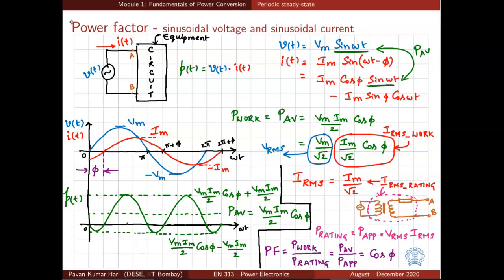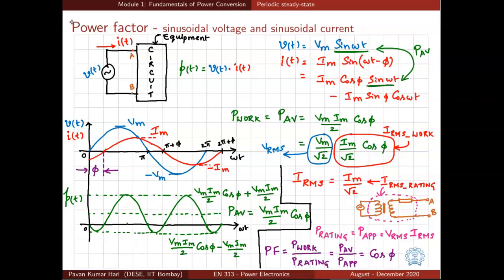And what is the total RMS value of current? Total RMS value of current denoted by IRMS is simply Im by root 2, as we know. If we observe, the RMS value of current which is needed to do useful work is only a fraction of the total RMS current drawn, and that fraction is cos phi. That means though we need only Im by root 2 cos phi